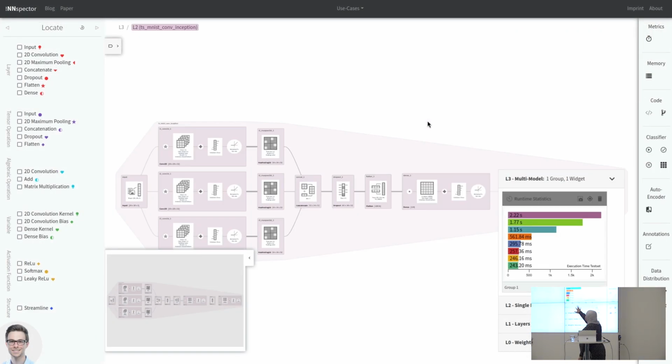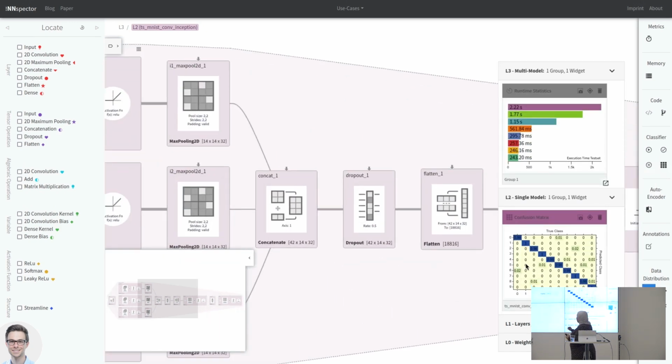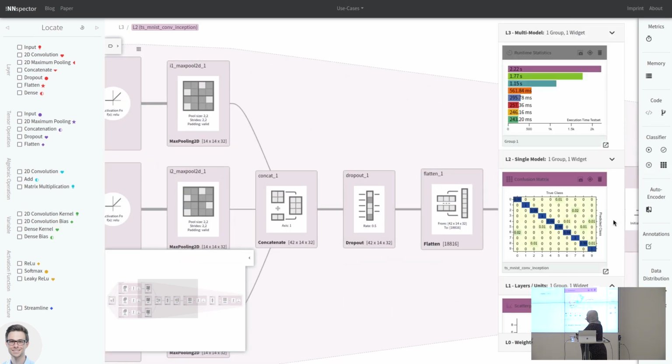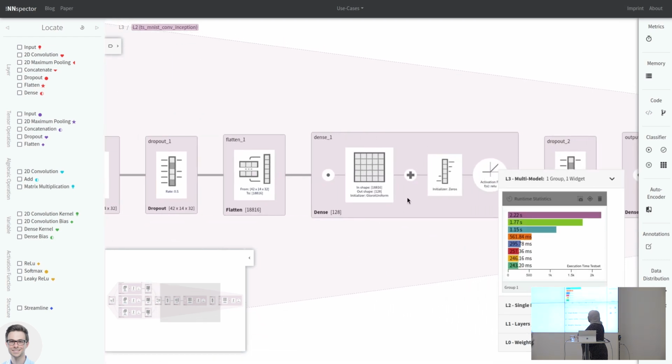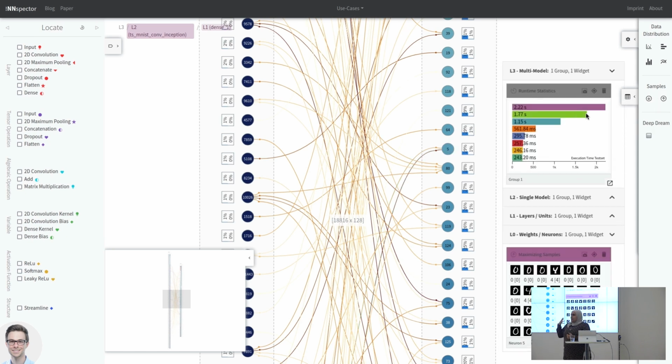Then we can apply different tools in order to compare the models. We dug deeper into one of them, looked at one layer, then we look at the distribution that happens in that one layer. And if we want to dig deeper, we can go all the way down to a single neuron in order to look at it. And all of that in an interactive interface that allows you to abstract the different levels.